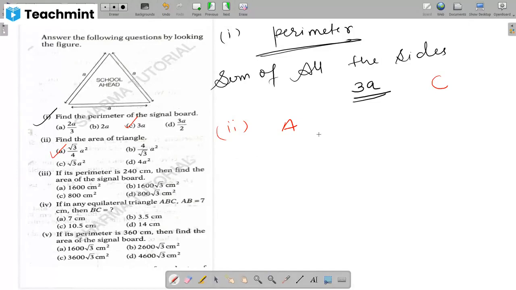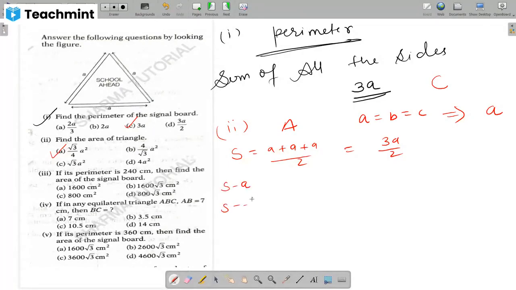Okay, so let us solve this one by using Heron's formula. We are given sides, meaning the values of a, b, and c are all equal to A. First we'll find the semi-perimeter, which is nothing but the sum of all three sides divided by 2, or just half of the perimeter. It means A plus A plus A by 2, or we can also write 3A by 2. Now we need to find S minus a, S minus b, and S minus c. All these values we will find.